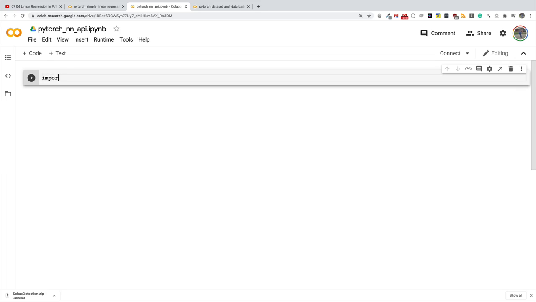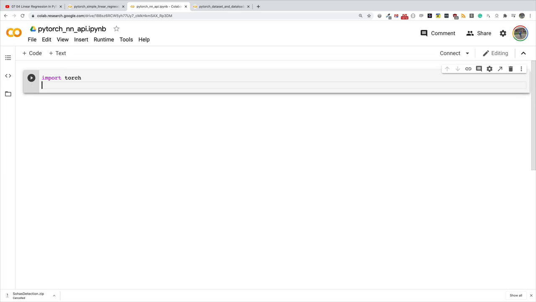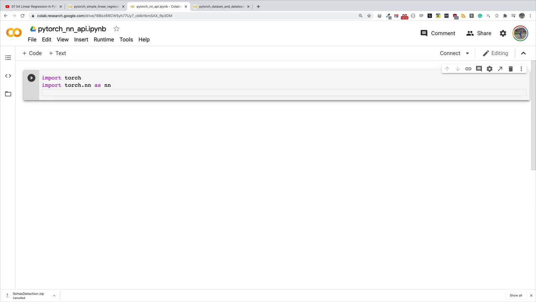As always, I'm going to start by importing the modules that we need, and this time you're going to see something new, which is torch.nn as nn. So I'm importing the neural networks module or the neural networks interface of PyTorch, and I'm aliasing it as nn, similar to how we alias numpy as np. And I'm going to import